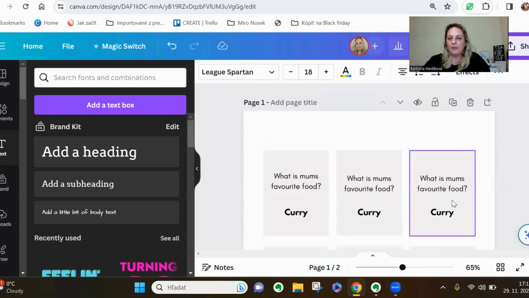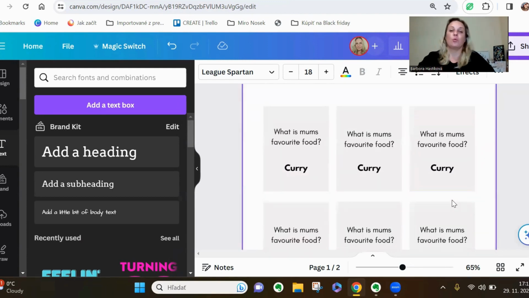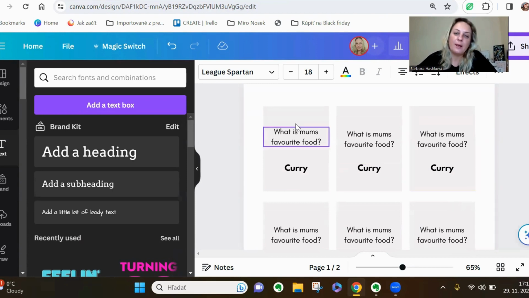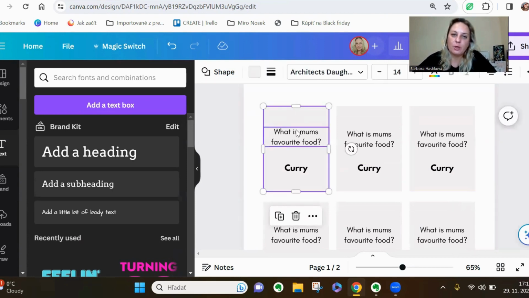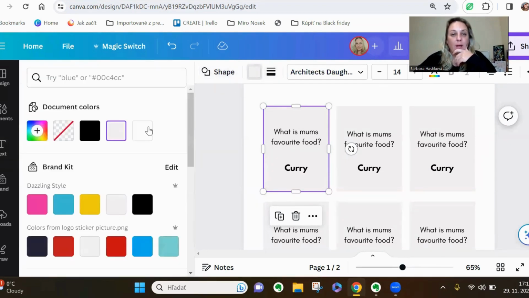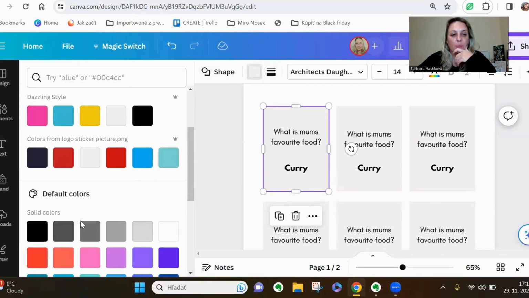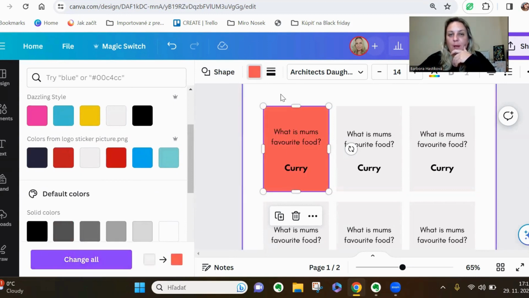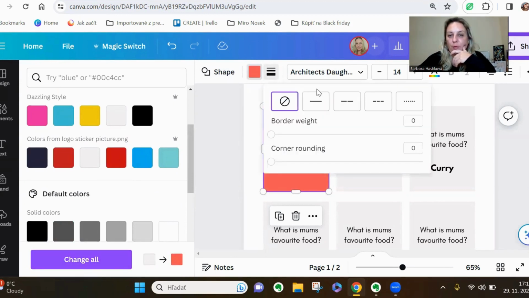Okay, like this. Now, what else can I do? Well, I can really create anything I like. I can change the color of the shape. So I can have a different color. It could be red, for example. I can do a border for the card. Let's say I don't want it too thick, but I want this style of the